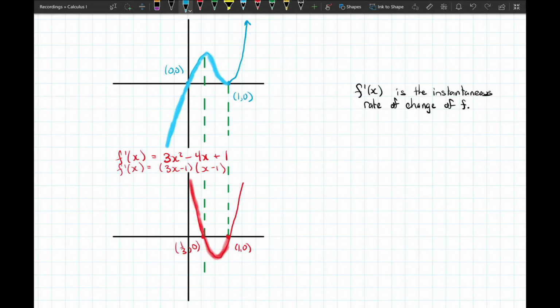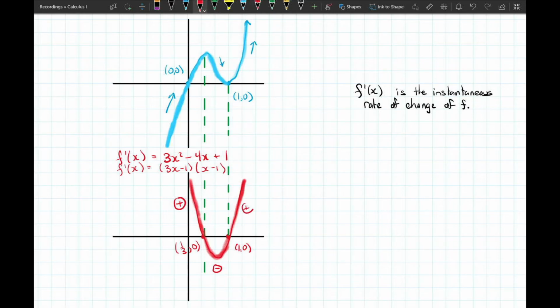So we can label anything that's increasing on this blue curve as being positive on this red curve, and anything that is decreasing on this blue curve as being negative on this red curve. And finally, the last section of our function is back to being increasing again. Whenever something is increasing, we can see that the derivative is